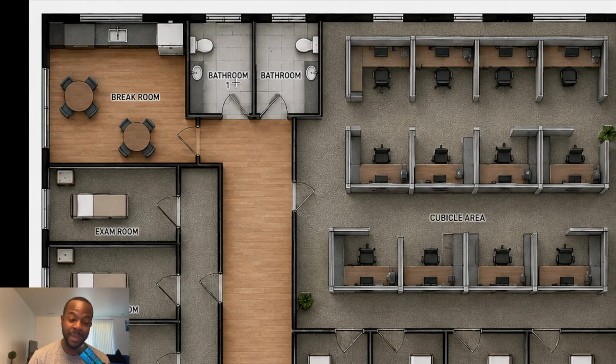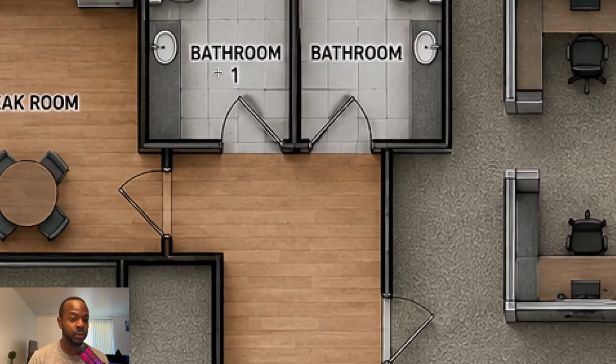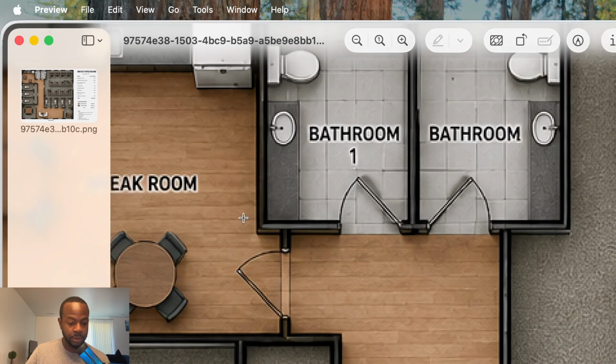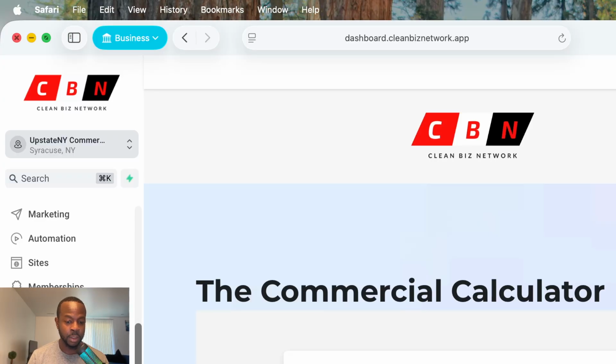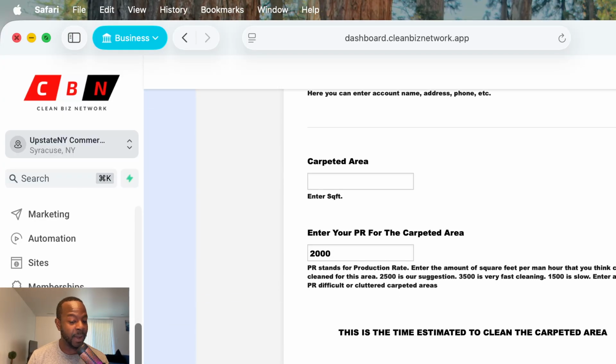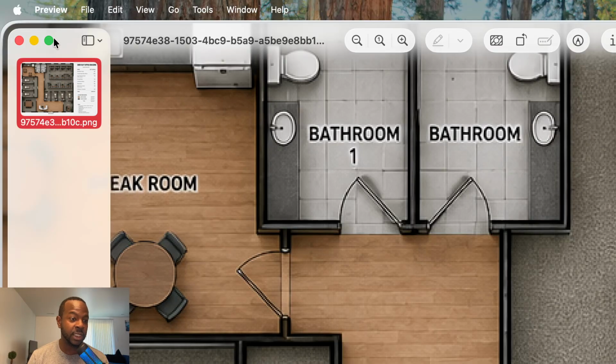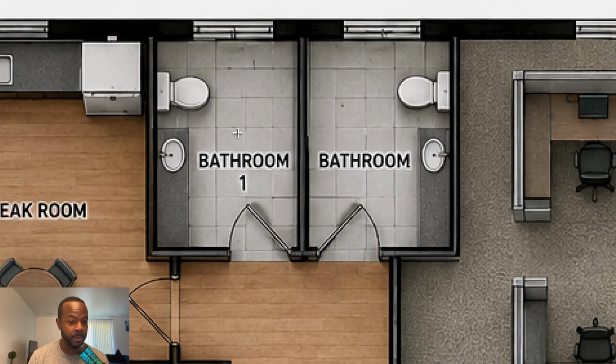Then they take you to the bathrooms. So the bathrooms right here is important as well. On the bidding calculator page, on this page here, it's going to ask you about the bathrooms as well. And it's something called TUMS,